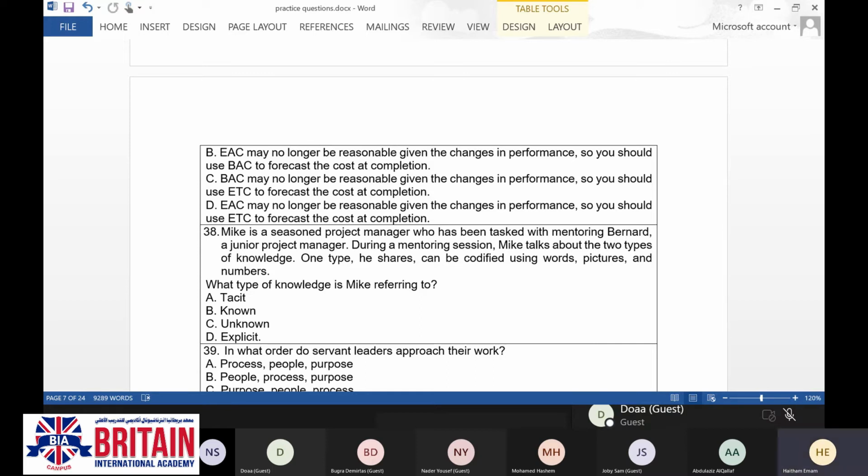That's what we mean by tacit knowledge. Something that cannot be expressed or mentioned like the technical stuff. So when something can be expressed in an easy way, it's explicit knowledge. When something cannot be expressed, it's tacit knowledge.